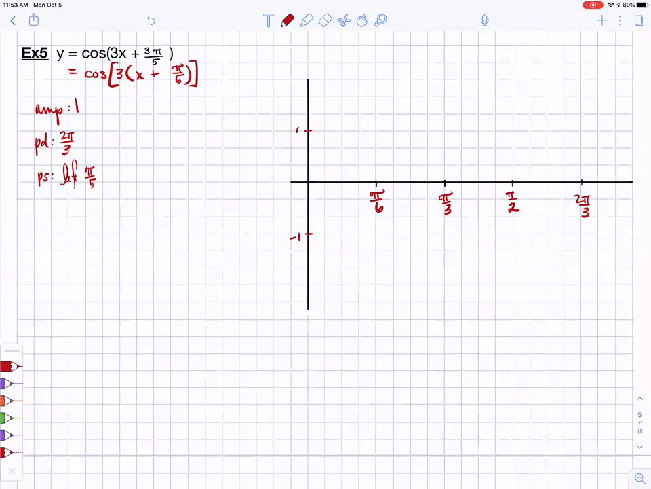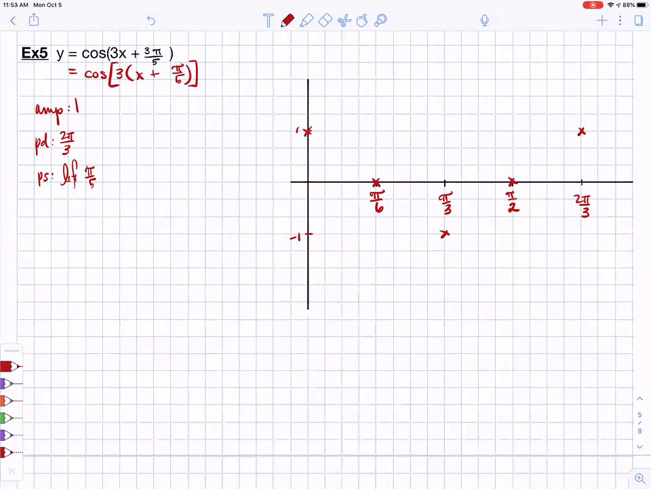Where do my magics begin? Maximum. And then from there? Yep. And then minimum. And then? Yeah. And then maximum. Okay. So 5 magics. Now we want to take our 5 magics and we want to shift them to the